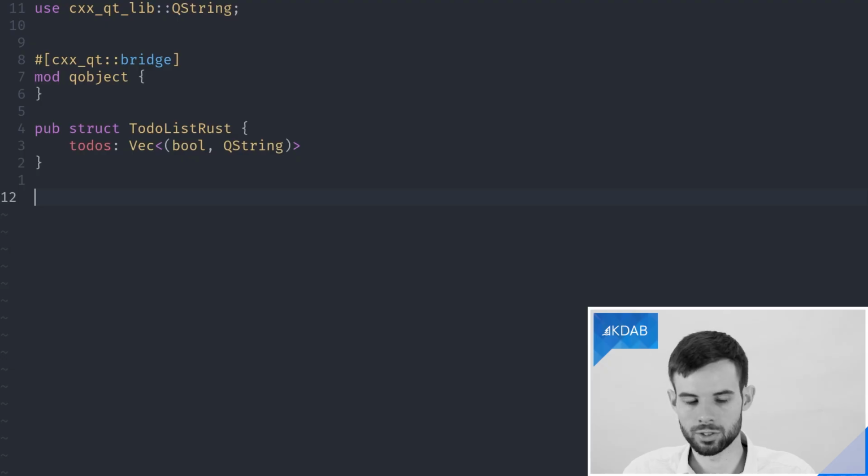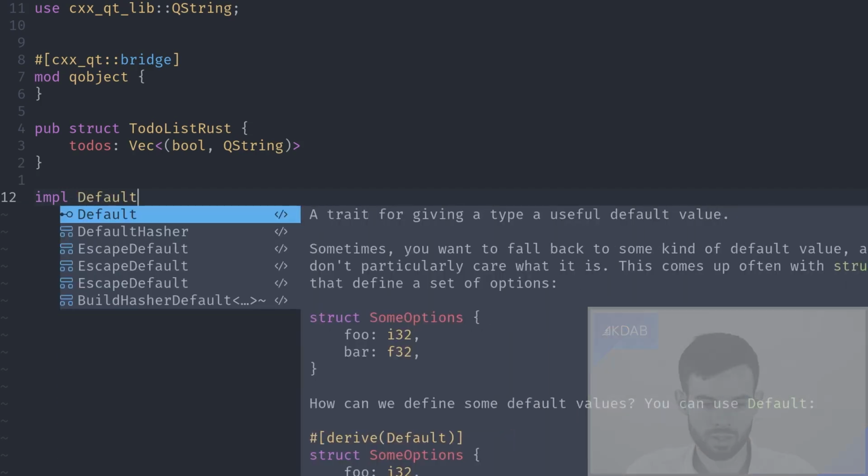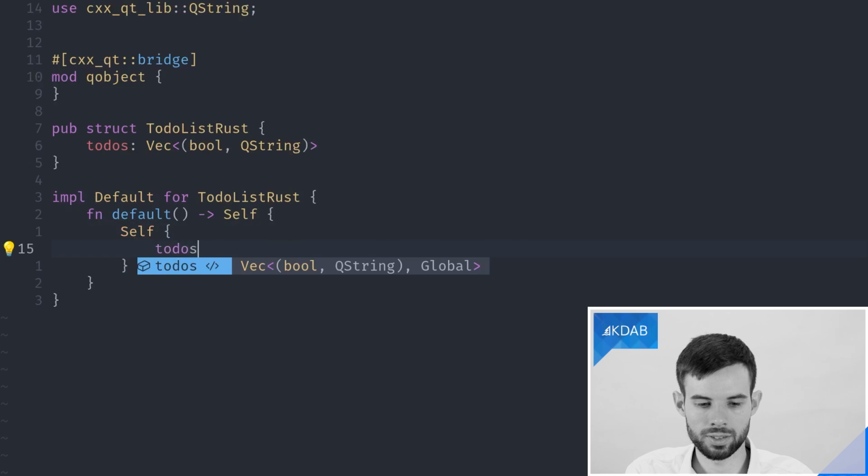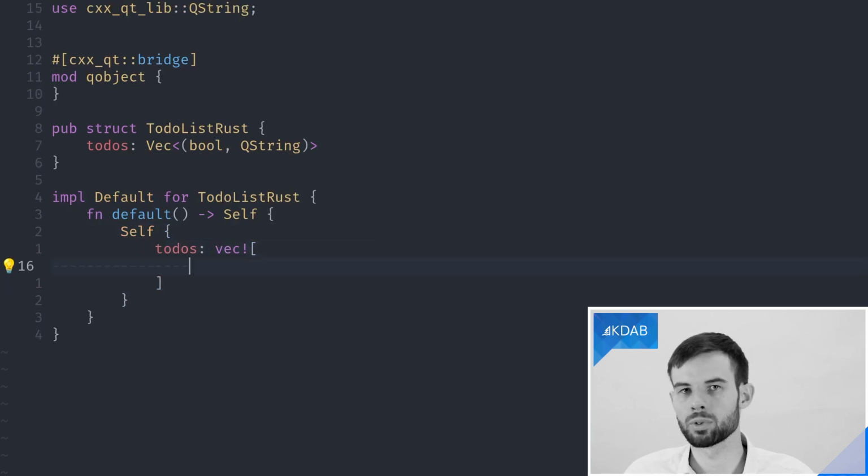Now, the next thing that I already mentioned in the previous video is that our Rust types that we want to wrap as a QObject should ideally implement the default trait, which is the easiest way to get them compatible with cxx-qt and later QML, so that QML knows how to instantiate them. So I'll just go ahead and add that implementation. One thing I'll do here is when I initialize the to-dos, I'll already provide 2 example to-dos, so we later have something to look at in our initial UI, especially when we want to test it first before we start to actually modify any content.